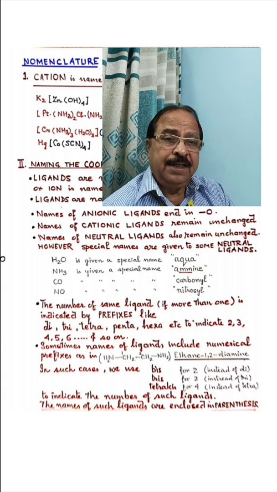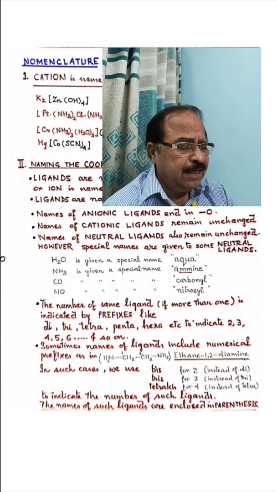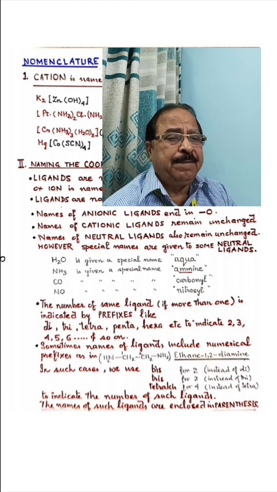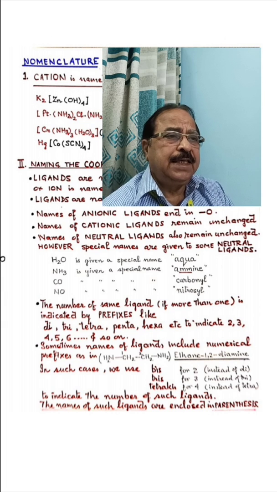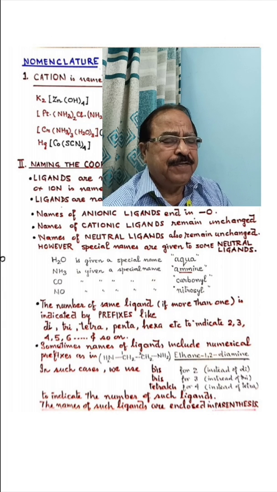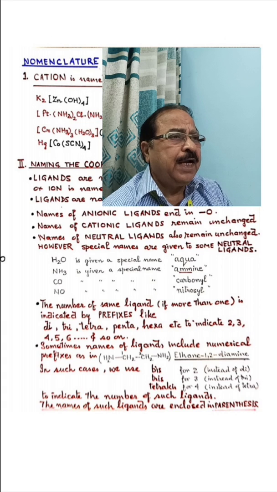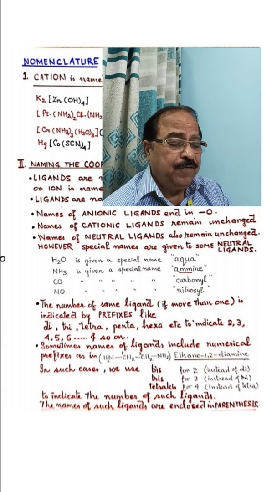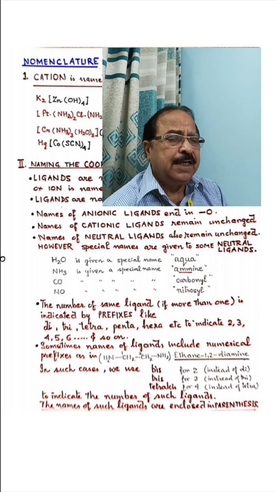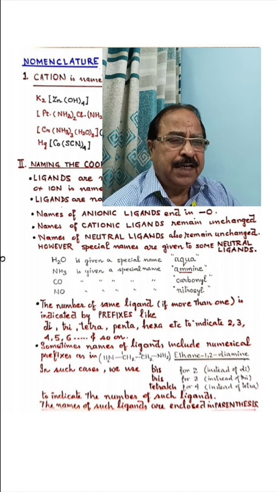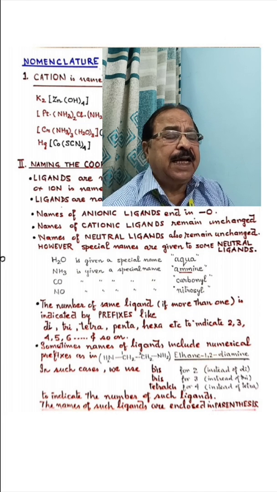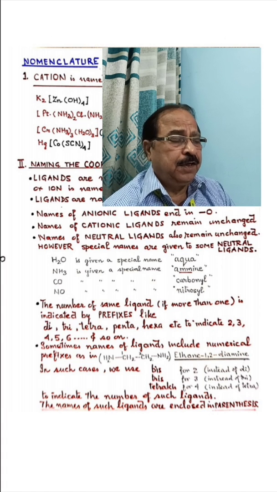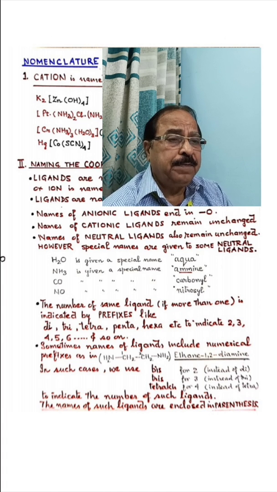In case any ligand is negatively charged, we have to change its name. So what we have to do? We have to put a suffix O at the end of the name of the ligand. Suppose it is chloride, so we will write chlorido. If it is bromide, we will write bromido. That means when the ligand is carrying any negative charge, its name has to be changed by putting a suffix O. And if the ligands are cationic, that means carrying a positive charge, for example, nitronium ion, nitrosonium ion,